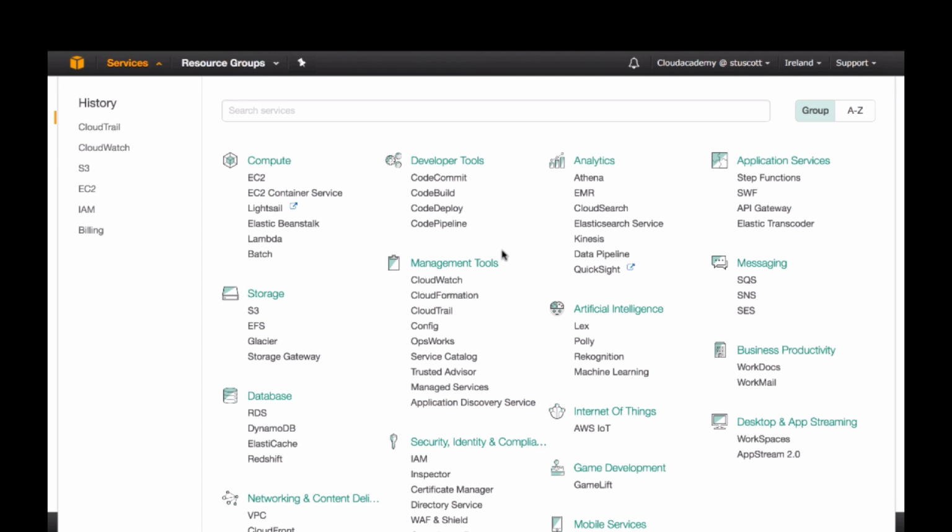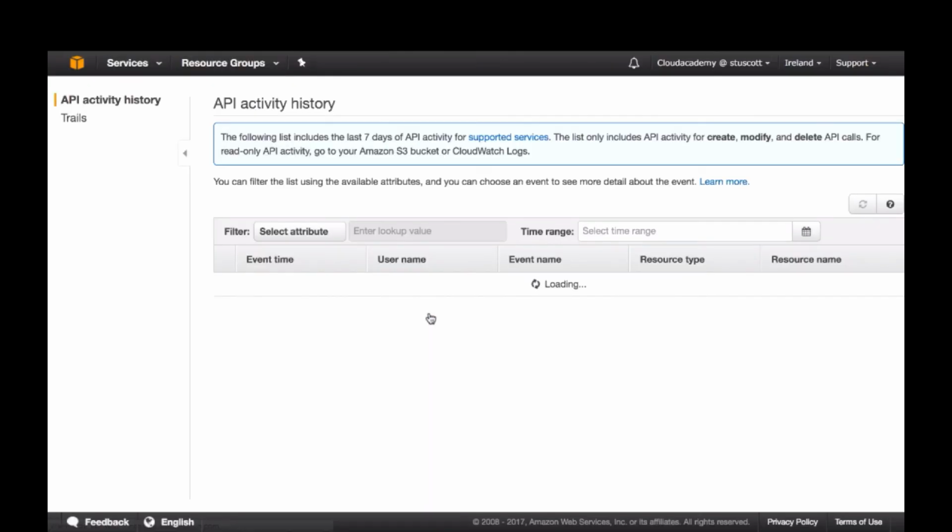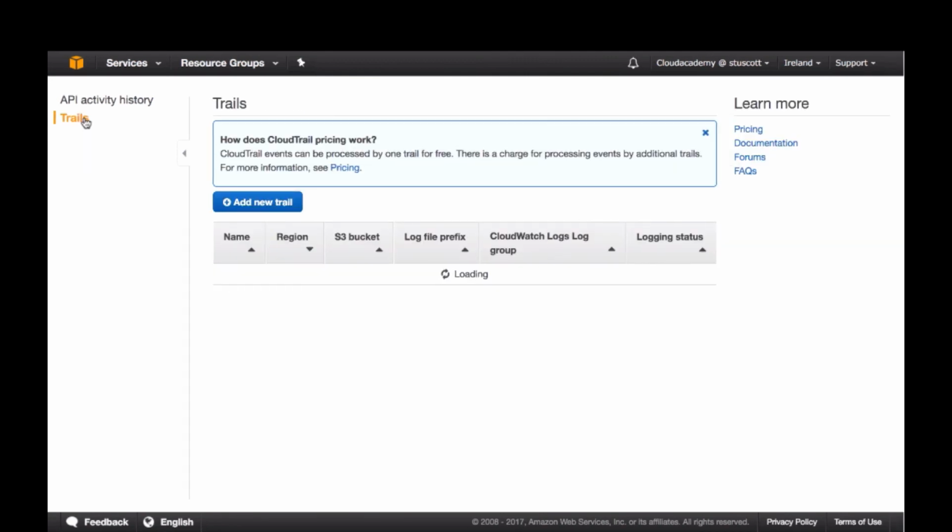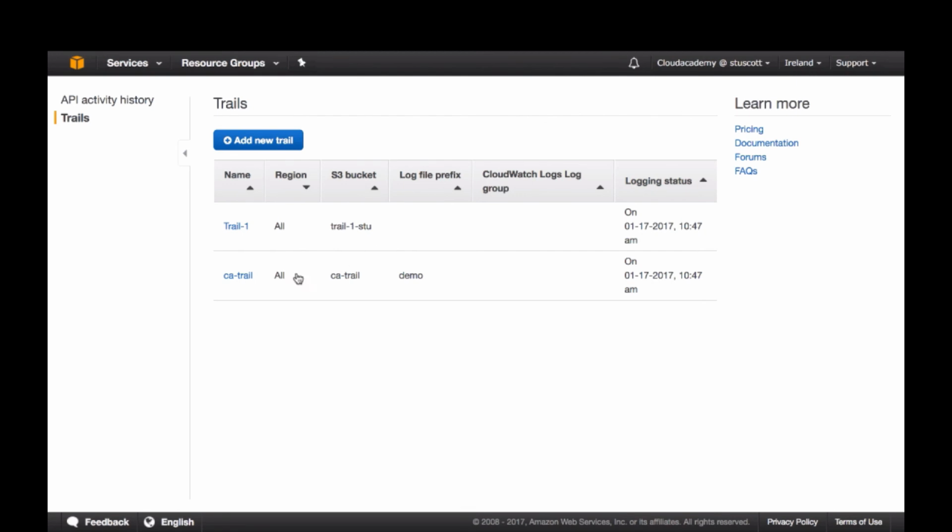Okay, so what I need to start with is going into CloudTrail to edit an existing trail to enable CloudWatch logs. So if I go down to Management Tools and click on CloudTrail, and then across to Trails, and this will show our existing trail that we created earlier in a previous demo, which is CA Trail. As you can currently see, under CloudWatch Logs log group, there's no log group